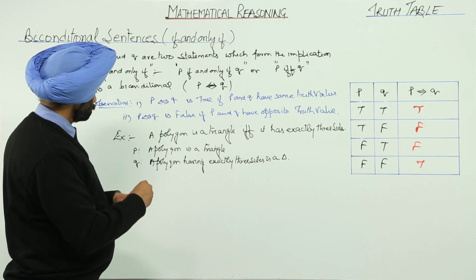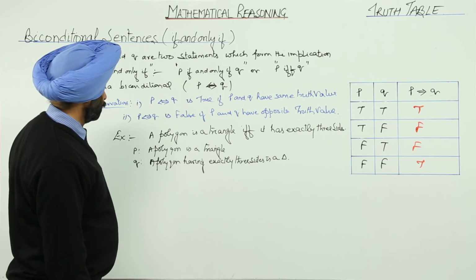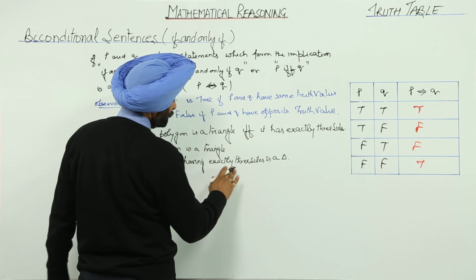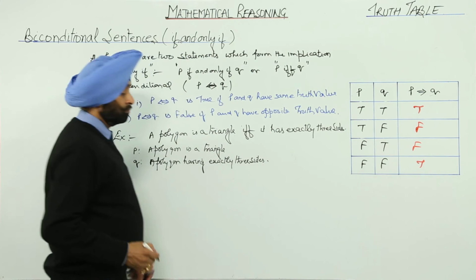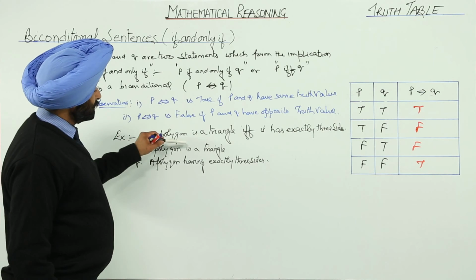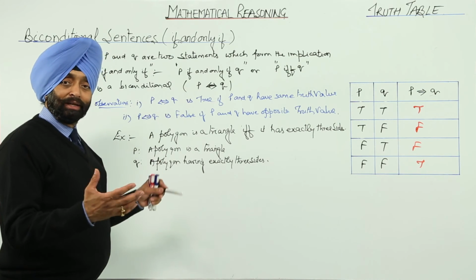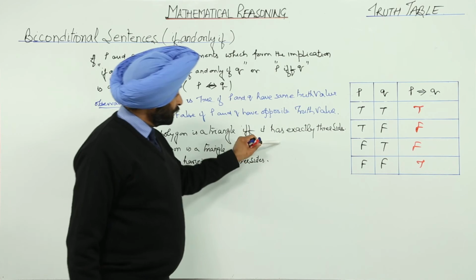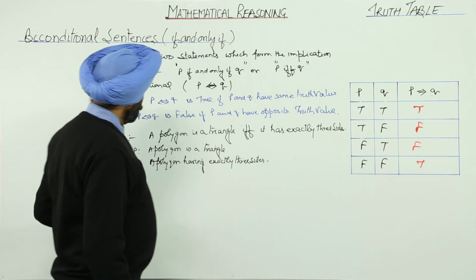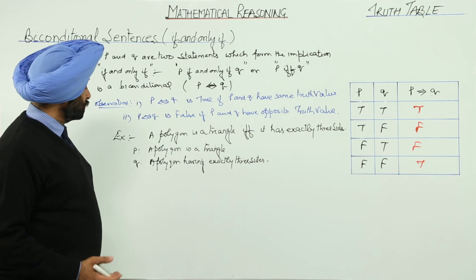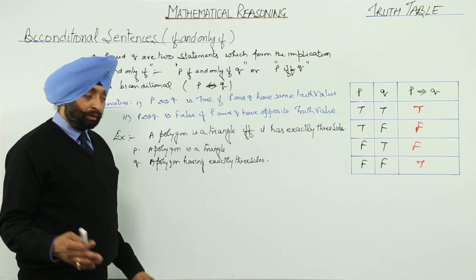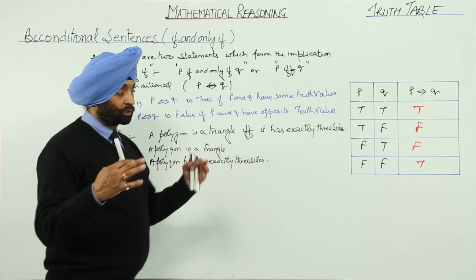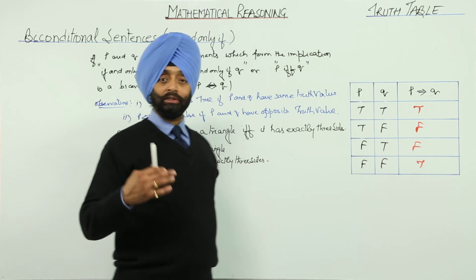First of all, a polygon is a triangle. A polygon having exactly 3 sides. Now first thing is a polygon is a triangle. We know triangle means 3 angles and 3 sides. A polygon having exactly 3 sides. So both are equal. So the validity of the statement is true. So that's why true. Now we can go for the last row, that is row 4. A polygon is not a triangle. A polygon has not exactly 3 sides. So the sense is again in the positive side. So both are false. It means it is true.